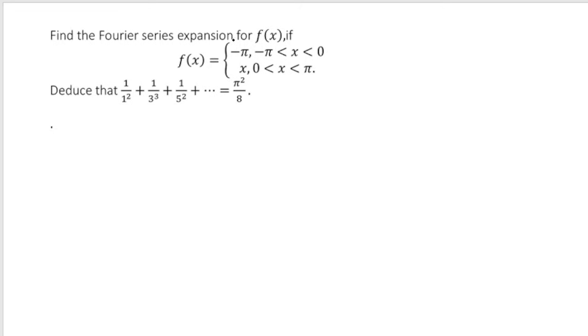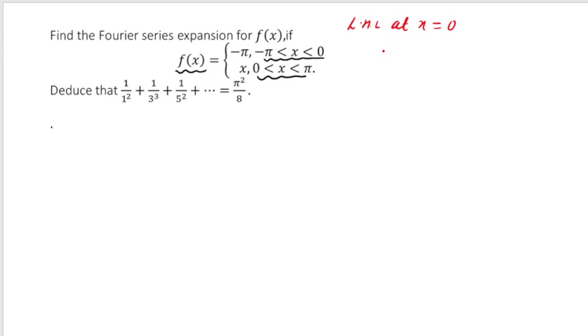Find the Fourier series expansion for f of x if the function is defined as follows: in the interval minus pi to 0, the function takes the value minus pi, and in the interval 0 to pi, the function takes the value x. I hope you understand the idea of continuity. If I ask you what the left hand limit at x is equal to 0 is, because the function is discontinuous at x is equal to 0,